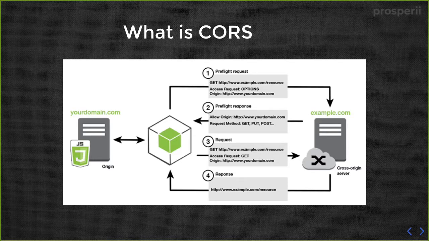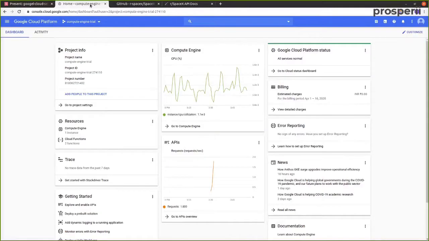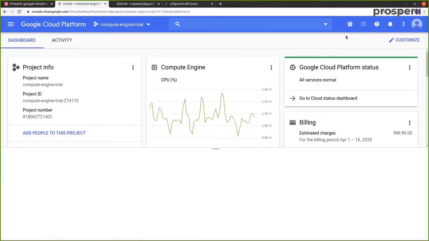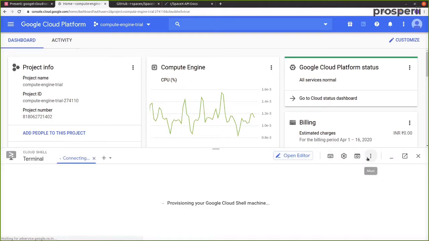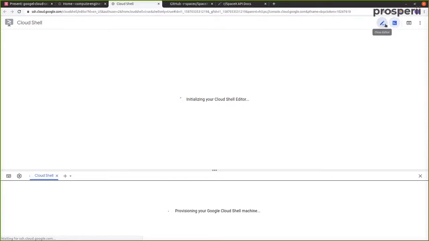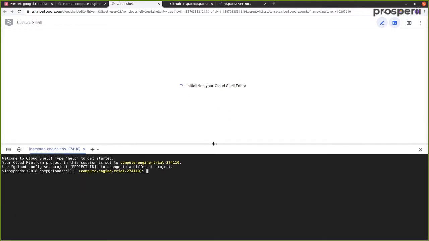Okay, so with that, let's get started on the Google Cloud Console. Over here, I have the Google Cloud Console open, and the first thing we have to do is start the Cloud Shell. Once the Cloud Shell is open, let's open it in a new browser window. Then let's click on both the tabs, Open Editor and Open Terminal, so that we initialize the Cloud Editor and the Cloud Shell, because we need both.